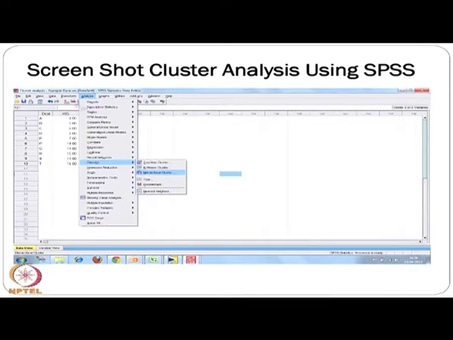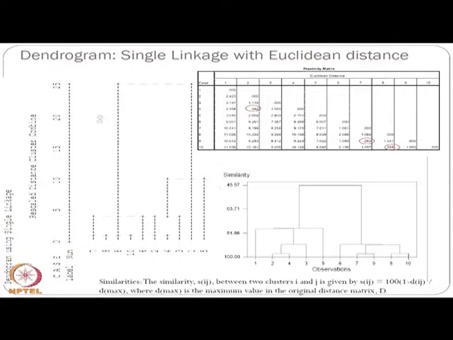See what we have done in this screenshot of cluster analysis: we have gone to Analyze, then to Classify, then Hierarchical Cluster. There are also TwoStep Cluster, K-Means Cluster, Hierarchical Cluster. There are Tree and Discriminant, which are different techniques. Then there is Nearest Neighbor, which is also a different technique. Once the final click is made, we get this type of diagram. This is your Euclidean distance matrix, this is the dendrogram, and this is also a dendrogram.